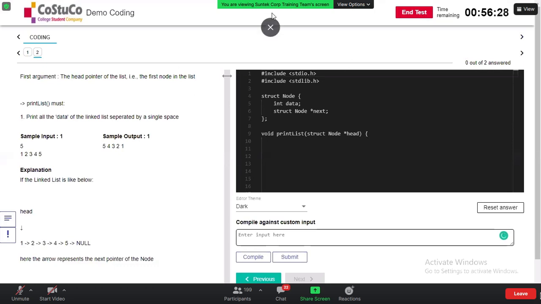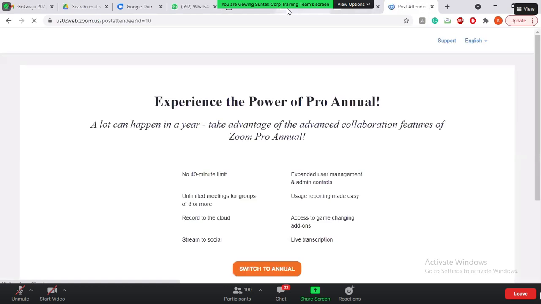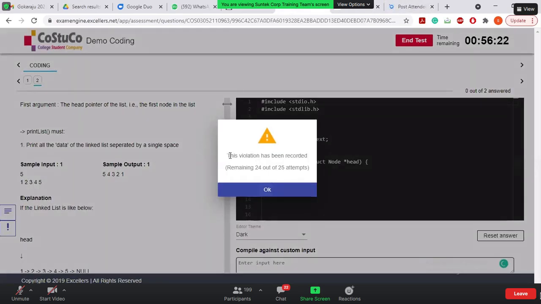Now I'll show you about the tab switch. Okay, so this is in full screen mode. Let's say I'm trying to move out of the window and I am trying to open some other tab. And again, I'm coming to the test tab. So did you see the warning here? It says this violation has been recorded, remaining. Here it shows me 24 attempts, but for you, we are giving you only 5 tab switches, not more than that.